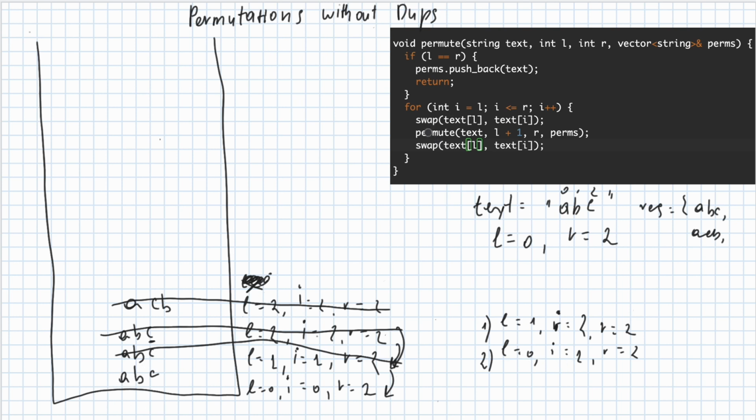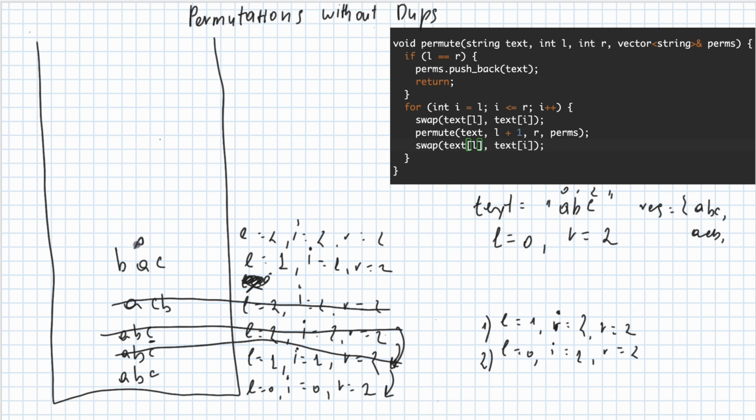will be BAC, and we call the function recursively, so we say BAC, L1, I1, R2. So L was 0, and we call the function with incremented L, so it will be L1, and whenever we call the function, we set I to L, so L1, I1, and R2, and we swap L1 and text I, so this A has been swapped with itself, and then we call the function recursively again with incremented L, and